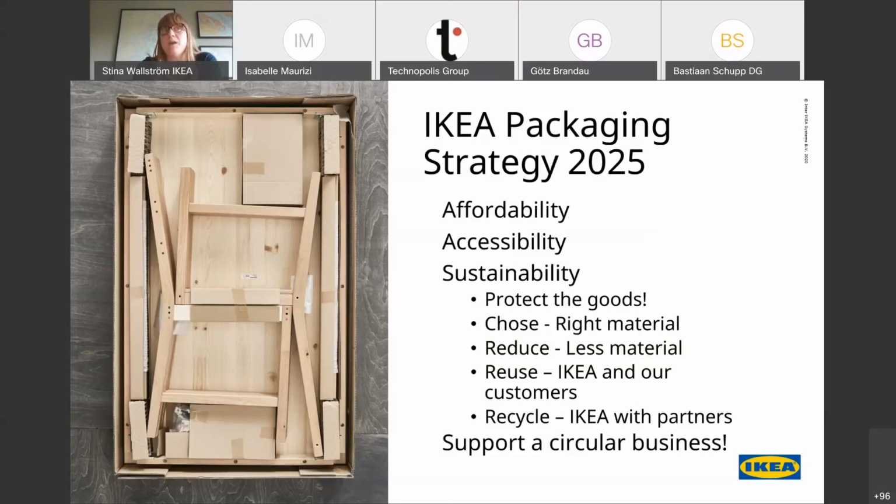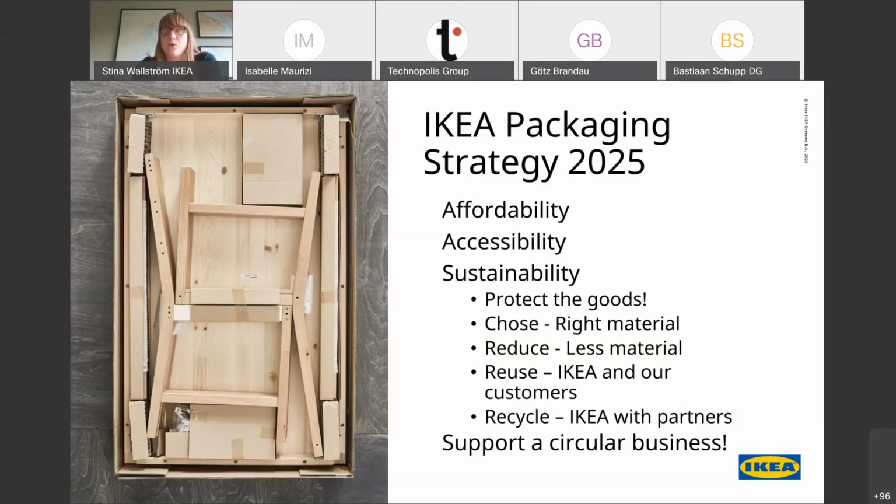Also, maybe in the future you will never have to buy a carton for your furniture when you move, because you have saved all the perfectly good IKEA ones and you use them again when you move to a bigger apartment or to your dream house. There is lots in store when it comes to reuse, but we are far from perfect in that respect as it stands today. And then, of course, for packaging, recycling will always be a thing.